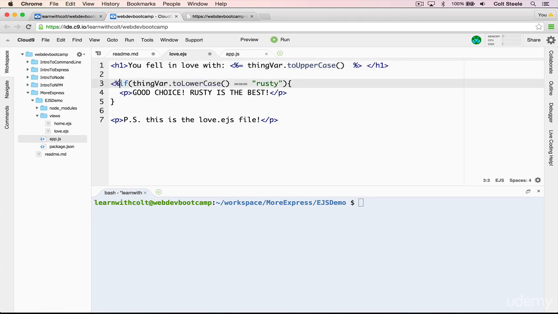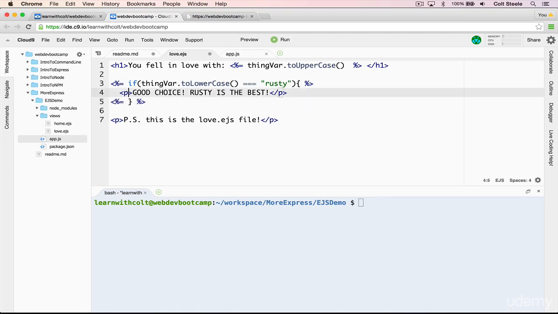We need our percentage equals, and then same thing here, and we have to wrap every line of JavaScript. Anytime JavaScript starts and ends, it doesn't matter that this if statement doesn't end until down here. We have to wrap each part of it individually. So same thing here, just like that. And I like to add space in just so that it's easier to see what's what. So we've taken JavaScript and we've wrapped it in EJS tags, including this closing bracket at the bottom, and we'll